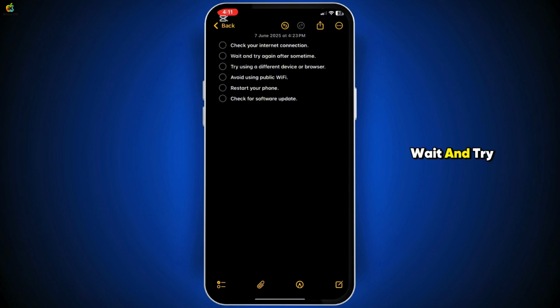Second, wait and try again after some time. Sometimes Apple's servers are just busy or under maintenance. Give it a couple of hours and then try again. Third, try using a different device or browser. You can go to a site called appleid.apple.com on a computer or another iPhone and create your Apple ID there